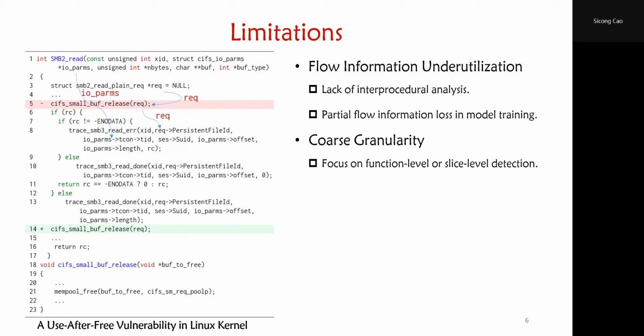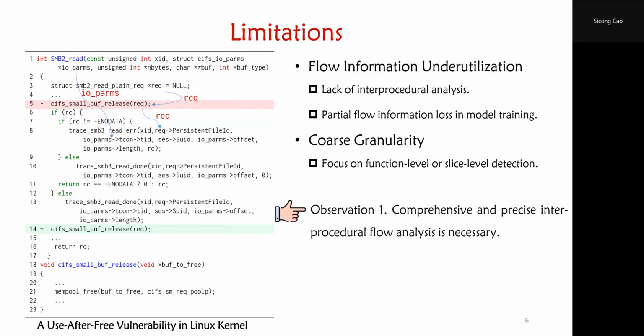In comparison with other vulnerabilities, memory-related vulnerabilities are usually fixed with one or several lines of code, which makes fine-grained detection possible. As shown in the motivating example, the premise of identifying the statement at line 5 as vulnerable is that we should know in advance that the pointer released by this statement will be used later. Thus, to distinguish vulnerable code from others, the neural networks used as detection models should be able to capture sensitive contextual information within flows of vulnerable statements for inference.